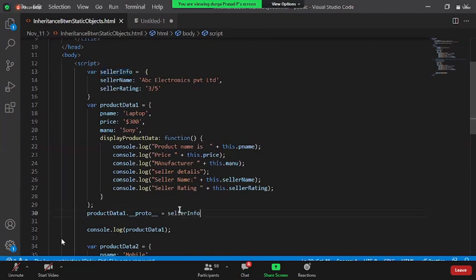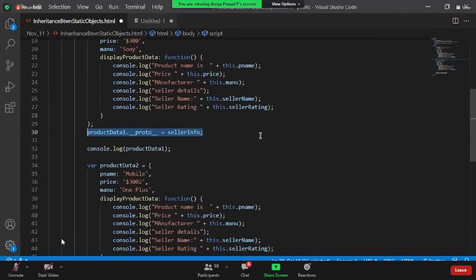This is not copying the data of one object into another. Inheritance is never a concept of copying data into another object. Inheritance is the concept of referring to the data of other objects from your object itself. Let's take a practical example. Okay, before that, let me show this example here. So product one is getting the capability of pointing to the seller info.